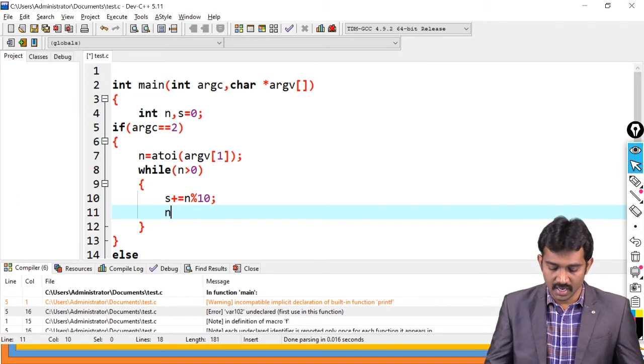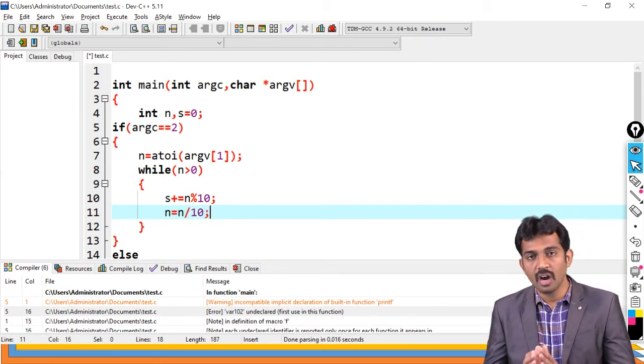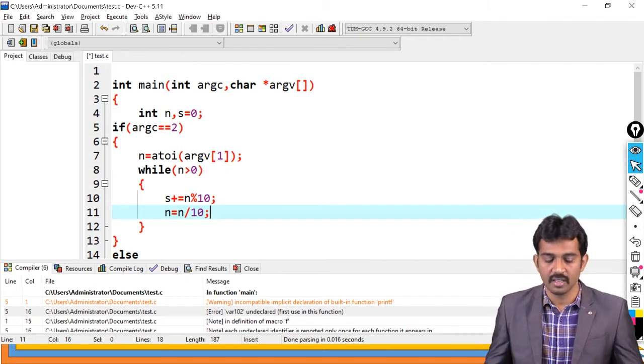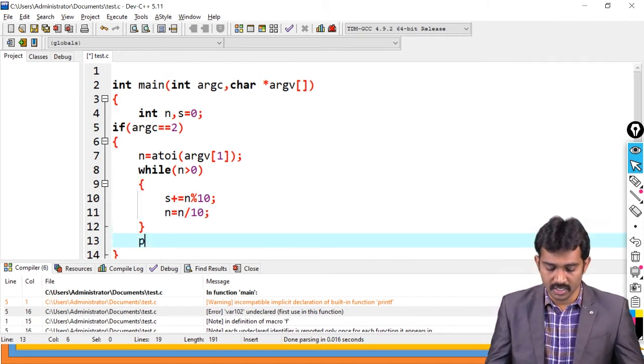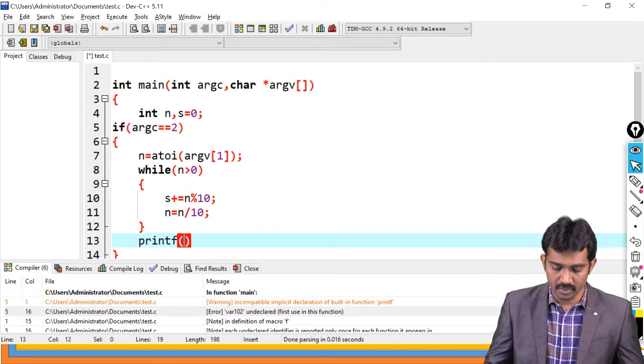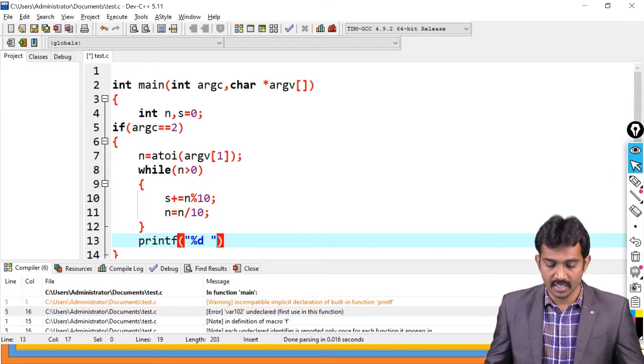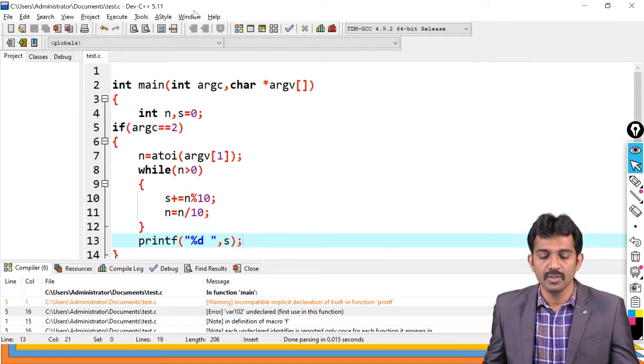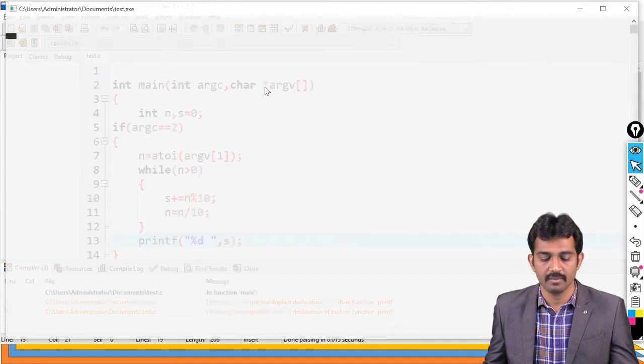After that, n equal to n by 10. After that, you remove the digit, then the next digit, like that. Then you print printf of %d, comma s, is the sum of digits of the given number.